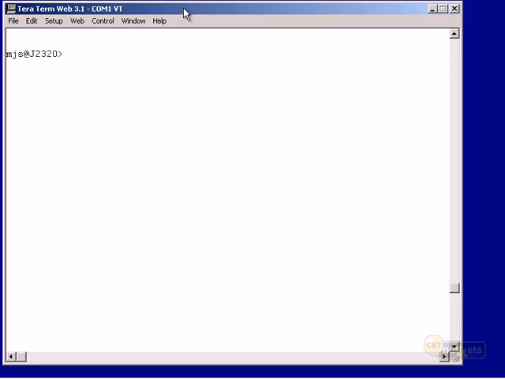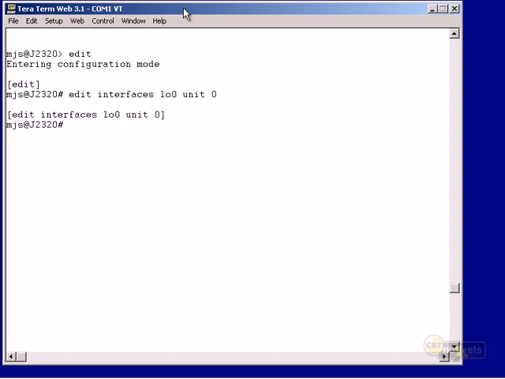Okay, let's configure a real simple example here. We're just going to configure an IPv6 address on the loopback interface of this J2320. So let's go ahead and get into configuration mode. We're going to edit interfaces loopback 0 unit 0. Let's set the family, and so far we know it's been INET, but now it's going to be family INET